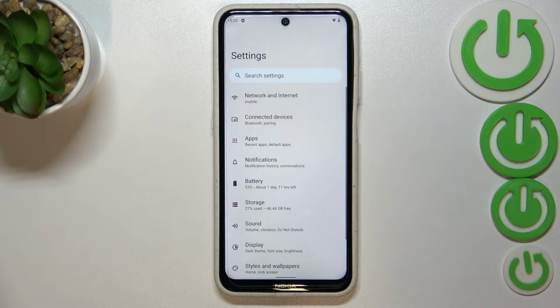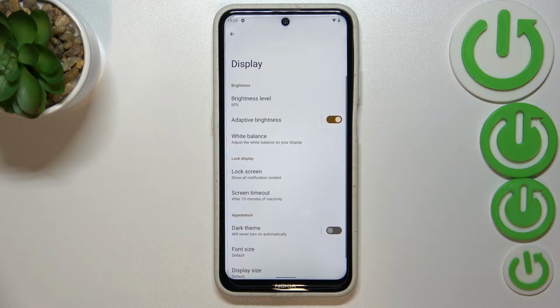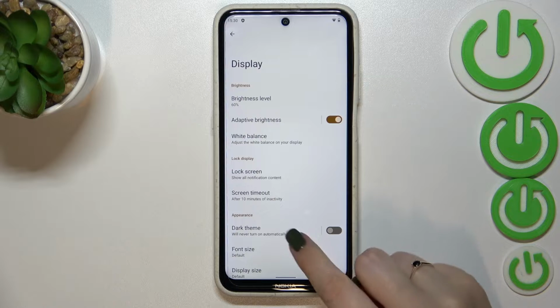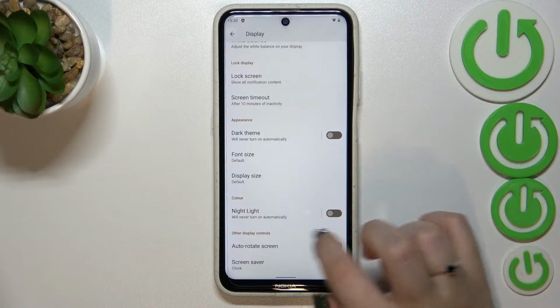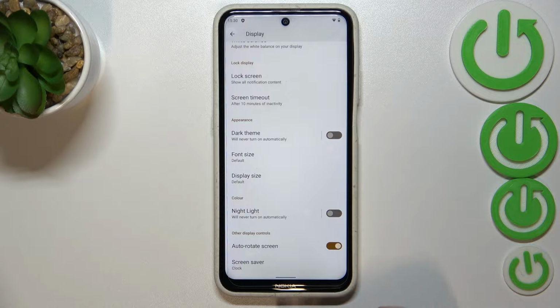Let's start with opening the settings, and here we have to scroll down to find the display. Now we have to find the color section. It should be almost at the bottom of the list, and the night light, which is simply the name of the eye comfort mode in this device. So basically, of course, we can turn it on without the customization just by tapping on the switcher, and as